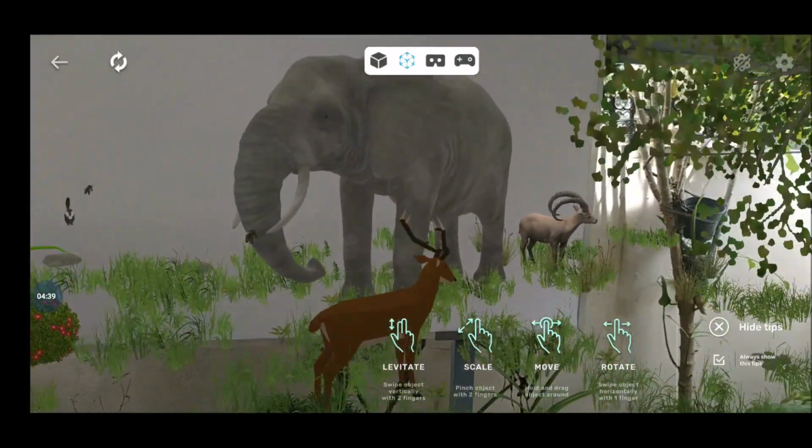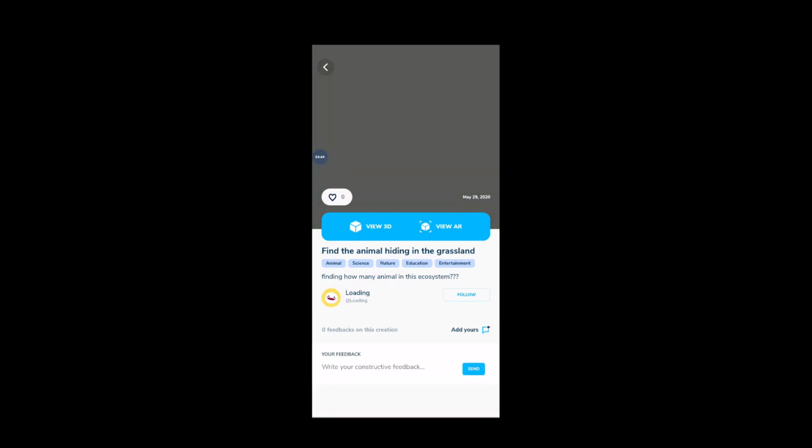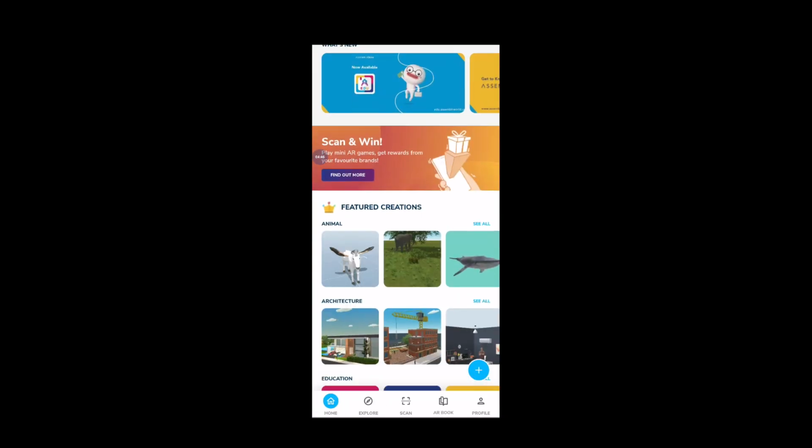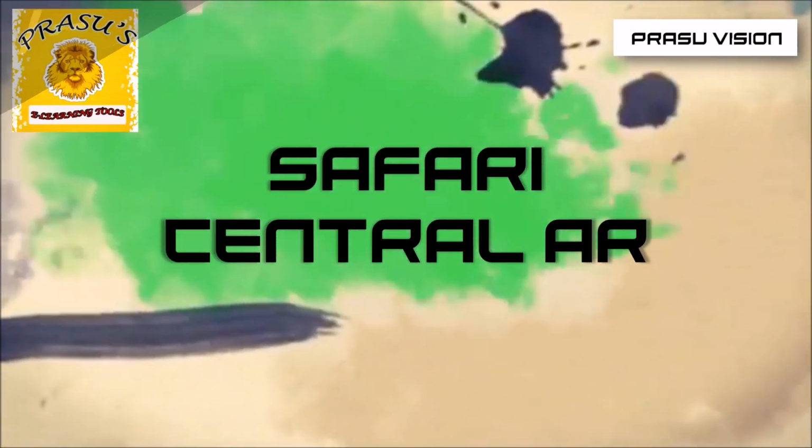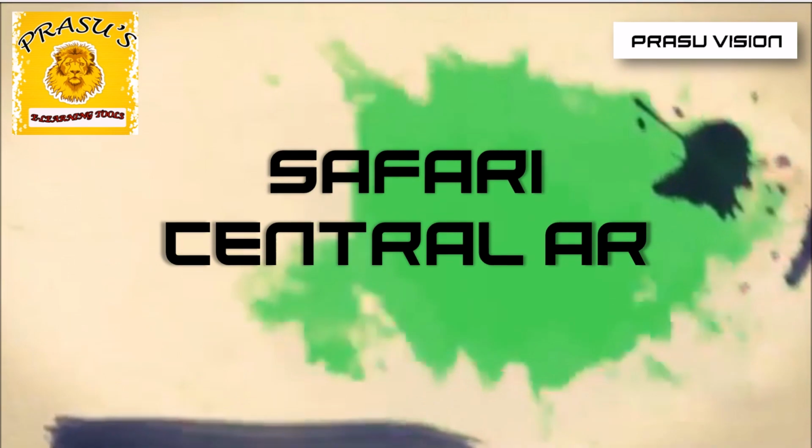So lot of categories are available in this application. Please open all the characters from here and try to learn how to use it. So view 3D, when we are pressing the view 3D, it will move to the option